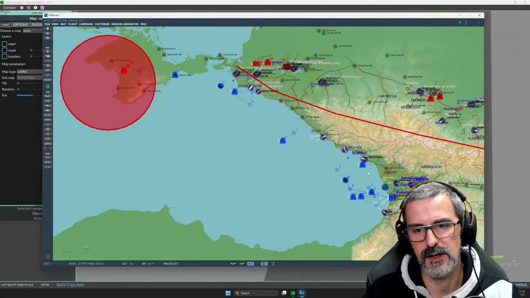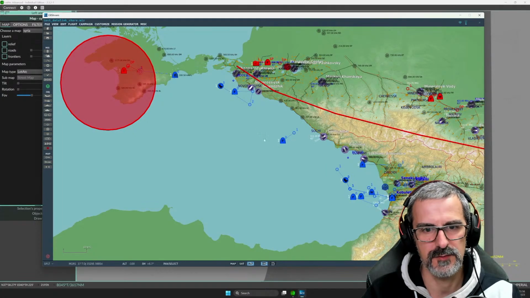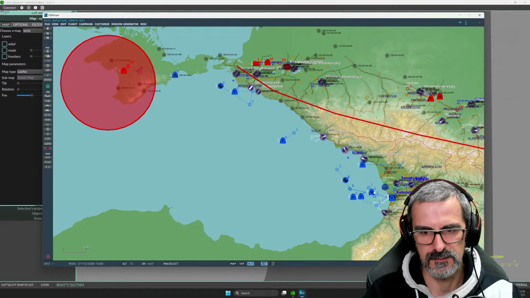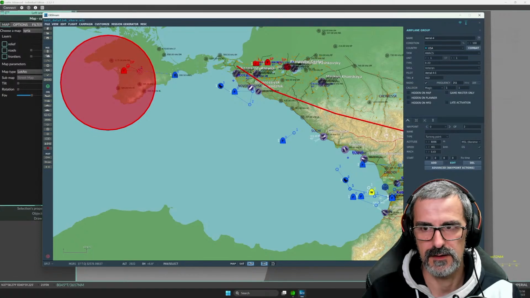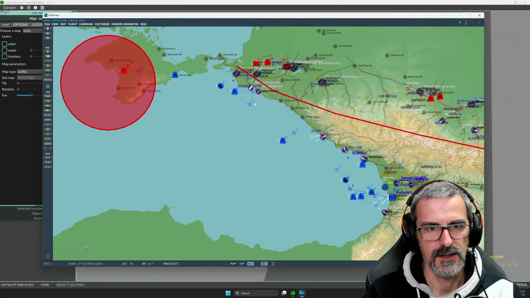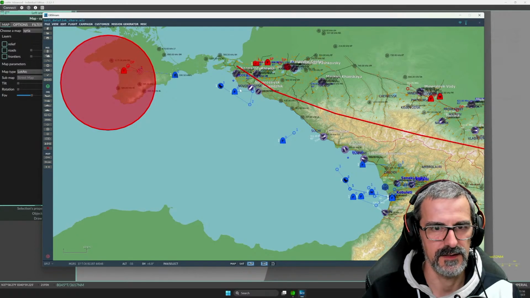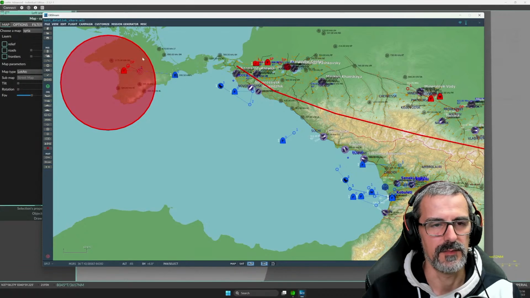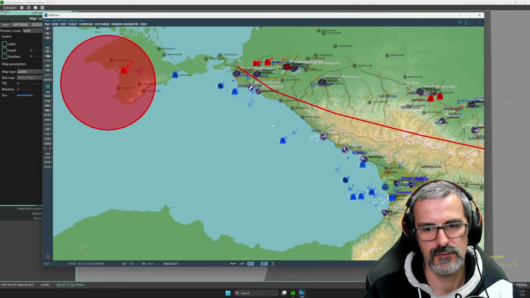For example, as you saw in the previous demo, there was no data link, so we have here the AWACS, and here it's only fighters, and we only see this one and this one because they were in the range of the AWACS, but we don't see this part because it was too far from